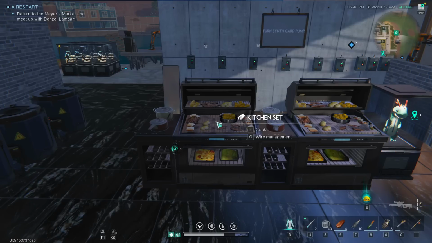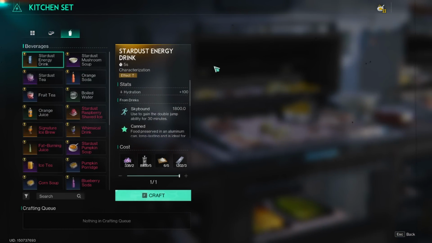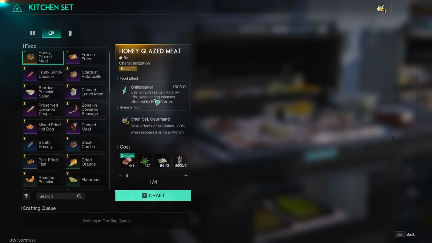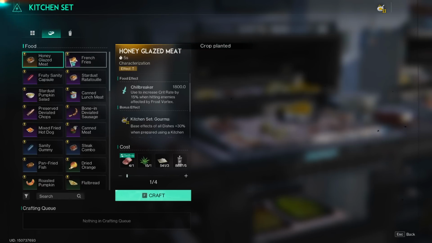Now, let's take a look at the food buffs, right? So for the drinks, if you use your bullseye guns, you can run the Stardust Raspberry Shaved Ice as it increases the duration of the continuous debuff, which is the bullseye, right? So you have pretty much around 1.6 seconds more of debuff time. I haven't done the math, but I think it's 8 times 1.2, which is 9.6. Then for the food buffs,